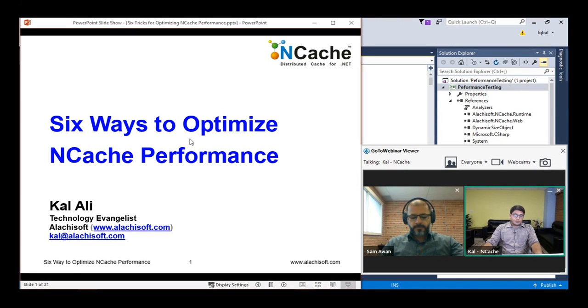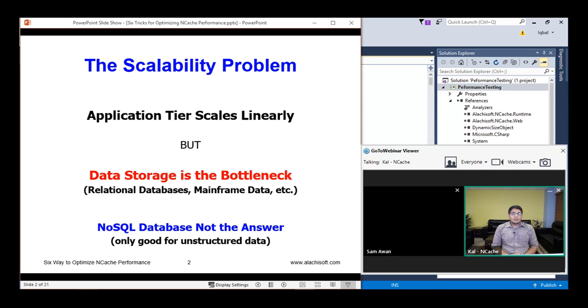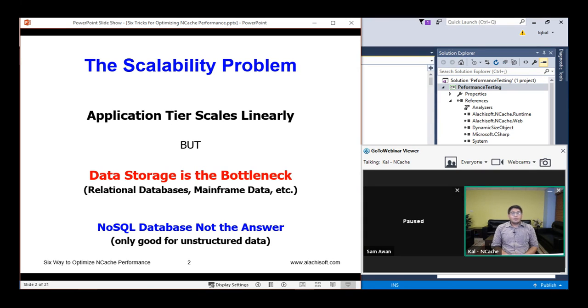So first of all, let's talk about the scalability problem that's seen in most deployment scenarios. So basically, usually you have a web farm which is sitting behind a load balancer, and this sort of scenario is usually very scalable, because as you see that there's more load coming in onto your applications, you can just add more servers to this tier, and that would increase the capacity of your environment in terms of the total load that it can take in, or for example, total requests that it can take in, let's say in 1 second.